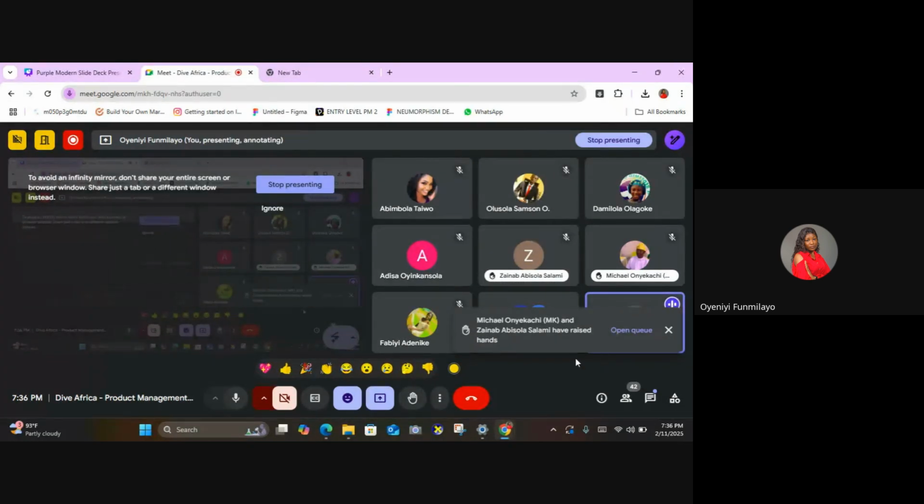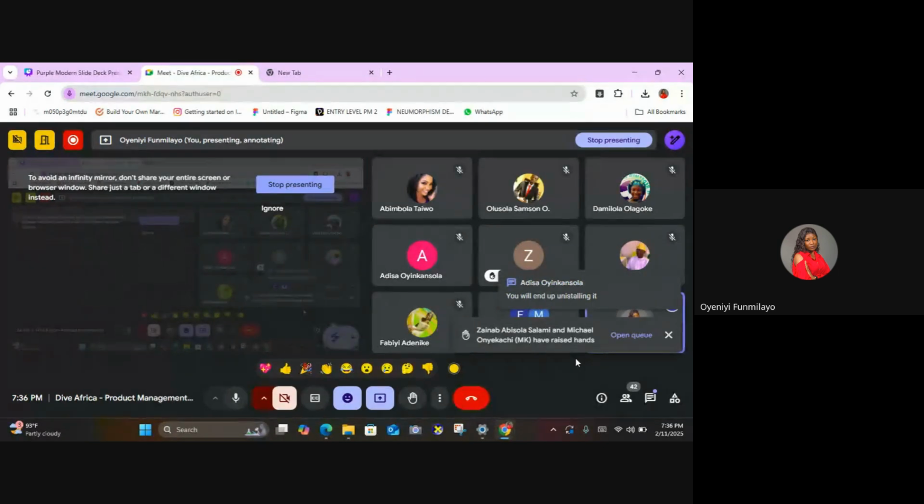Honestly, if for example you're a product manager in apps like that, there's something we call Mixpanel. You can see how users use your app. Somebody like Olushola now, you can actually tell if he was just navigating and didn't achieve the main thing he's supposed to do on the app.